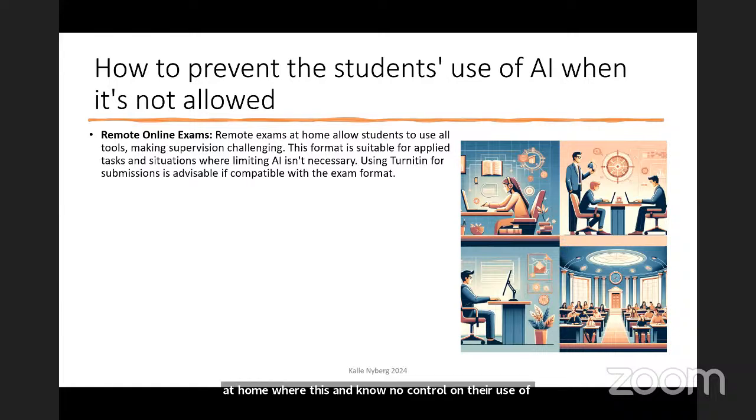In those cases, I recommend that you use questions that require students to apply theories to new situations or case studies, as they are less likely to be directly answered by AI. Or if you use a platform that allows timed exams, for example, Microsoft Forms, and include short answer